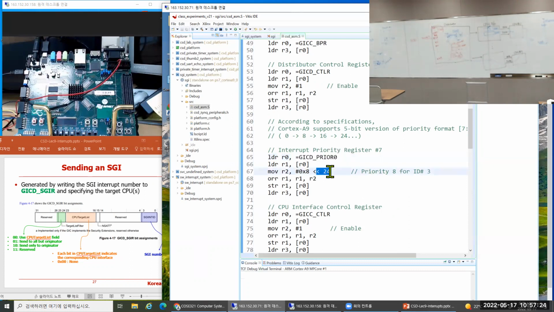24-bit shift left to update that specific byte with 8. So the priority of ID number 3 will be 8 in that example code. Okay. Then that is about